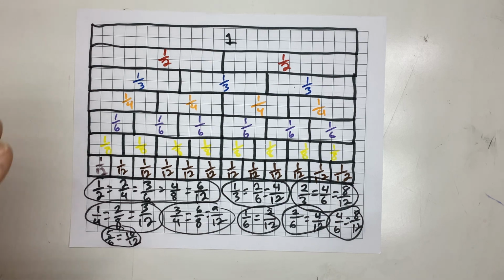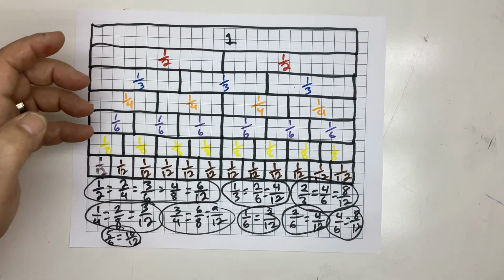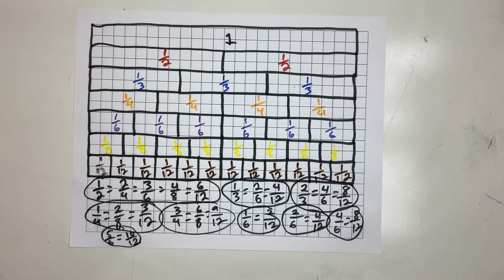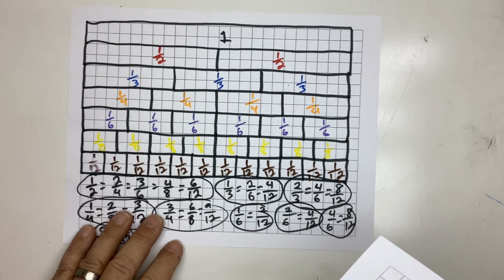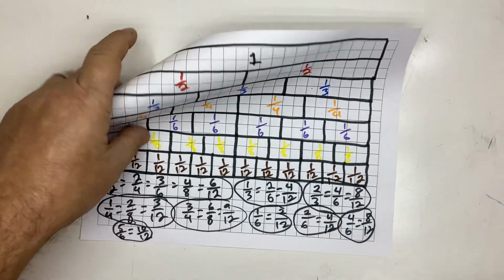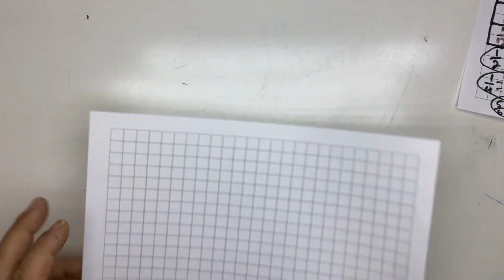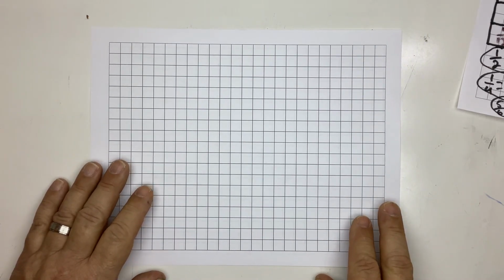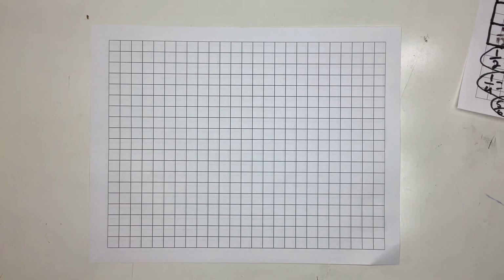Okay, so we talked about halves, thirds, fourths, sixths, eighths, and 12ths. Okay, but we also deal with fifths and tenths quite a bit too. So I'm going to show you a way to use a strip diagram to do your fifths and tenths too. This over here. Okay, now on fifths and tenths,